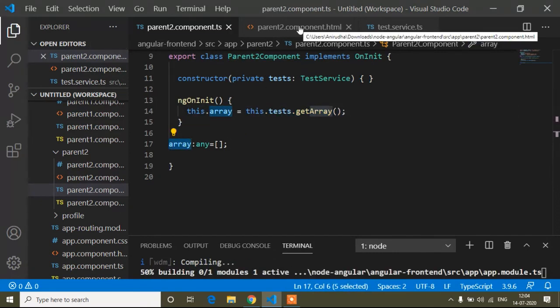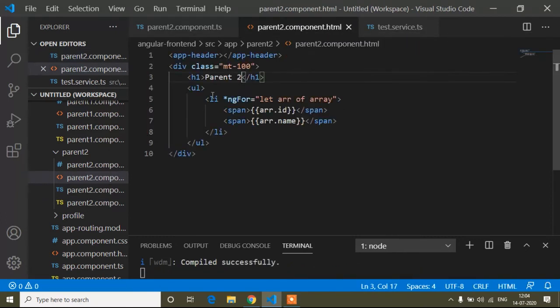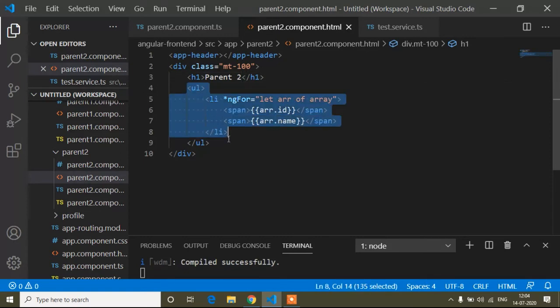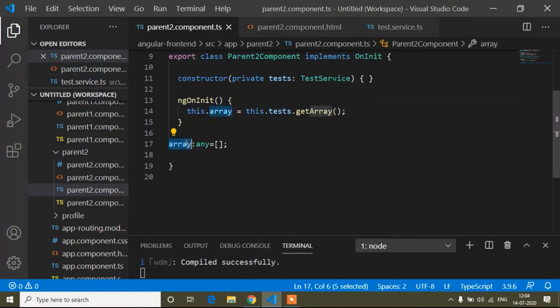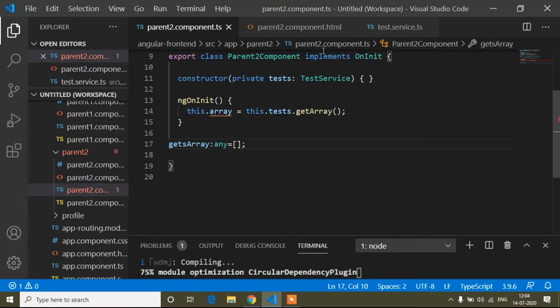Now I have to write the code to display in our HTML. You can see it's already written. let array is the variable, and inside this array variable I am storing the property of array. If I change the name to gets array, I have to change it here also.